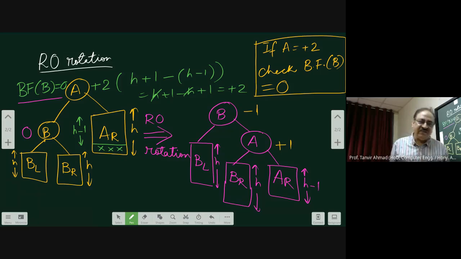What is R minus 1? When we are deleting in the right and the balance factor of B is minus 1. Therefore, these three cases will make R0, R1 and R minus 1. Similarly, the other three cases will make you L0, L1 and L minus 1. And these are the 6 cases. Now let us try to take an example.